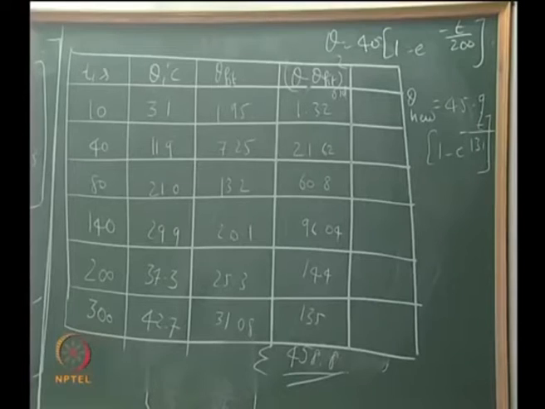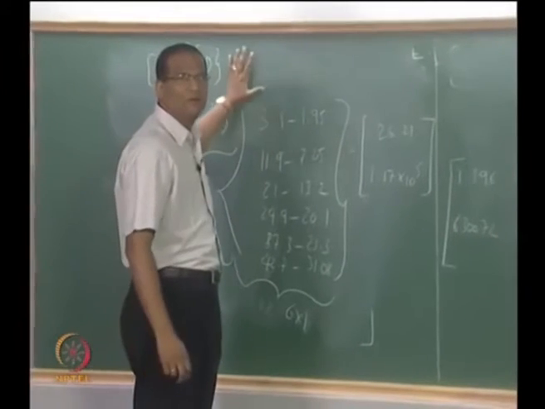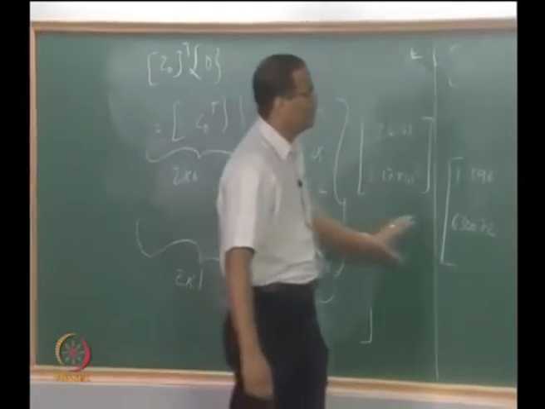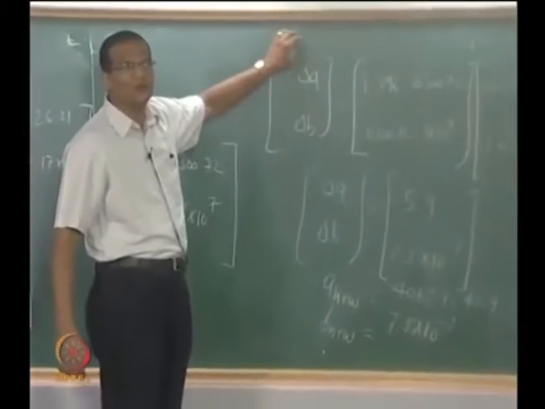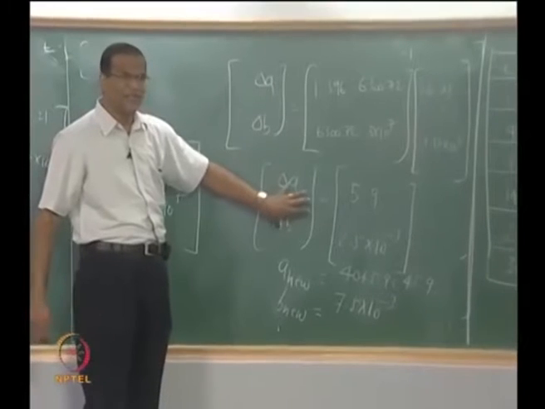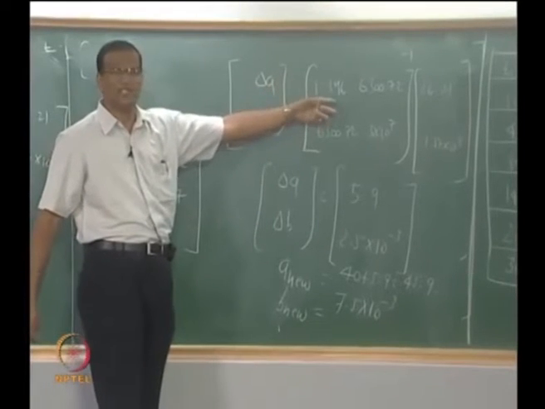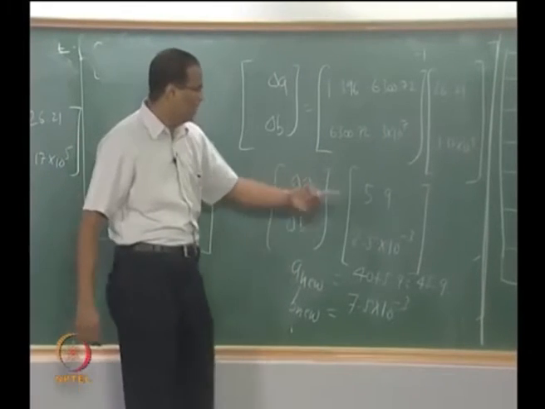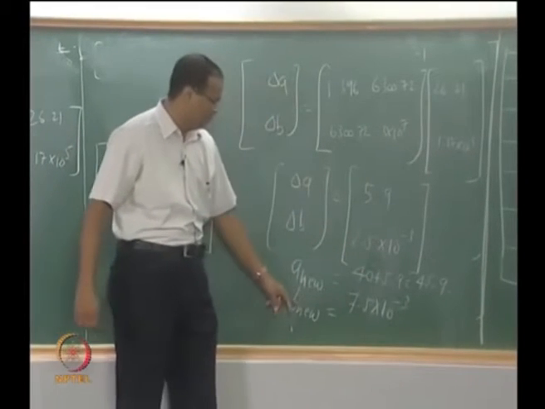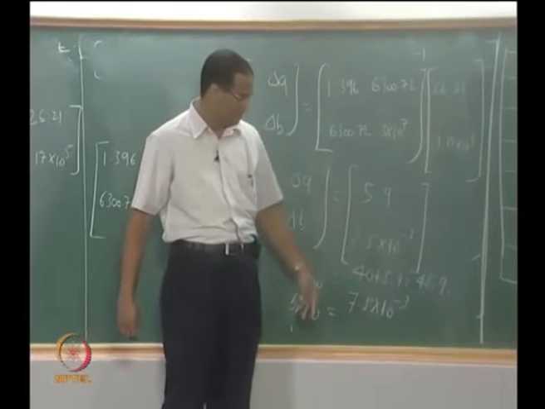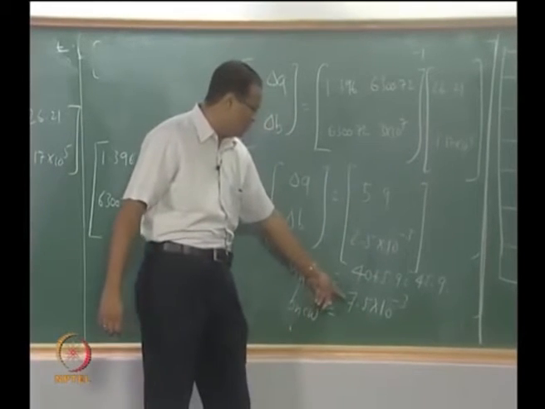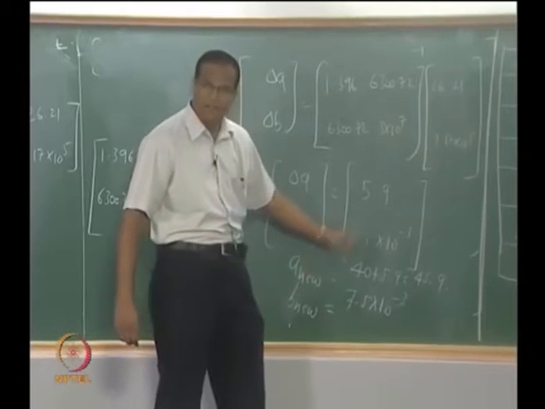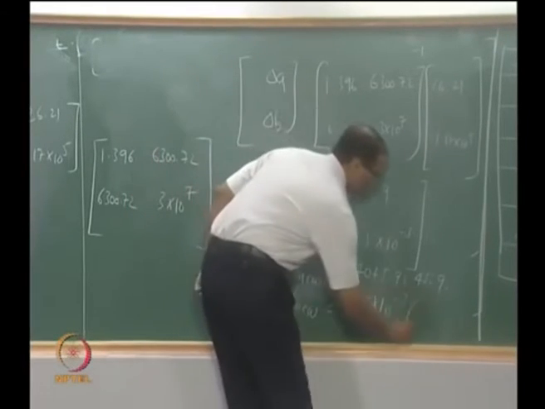Okay. So people who are a little slow, please look at the steps, and if you are able to understand, you will get a 2 by 2 matrix. You will solve for delta A and delta B. Finally, you will invert this Z transpose T Z, and then get delta A, delta B. A new will be A old plus delta A, B new will be B old plus delta B. So B new is 7.5, is it? Correct. Because it is 2.5 plus 5 into 10 to the power of minus 3, okay.